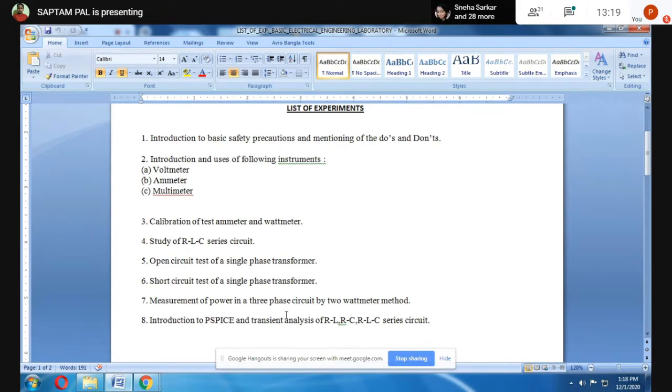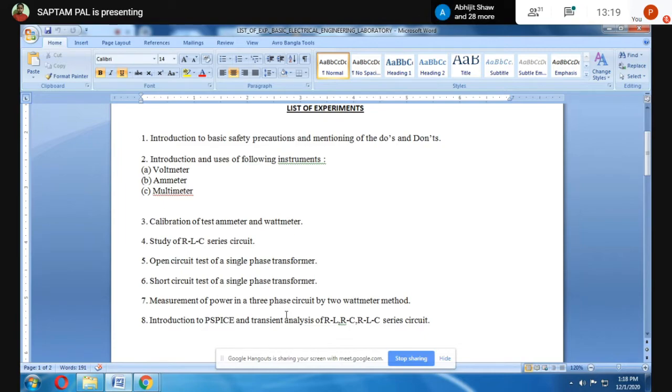Okay, now if the resistor and inductor are connected with each other in back-to-back position, that means one end of the resistor and the first end of the inductor are connected, and then the capacitor is connected in the same manner, then what is your curve, how much is your magnitude of current, what will be your graph? That we are going to calculate in the study of the RLC series circuit.